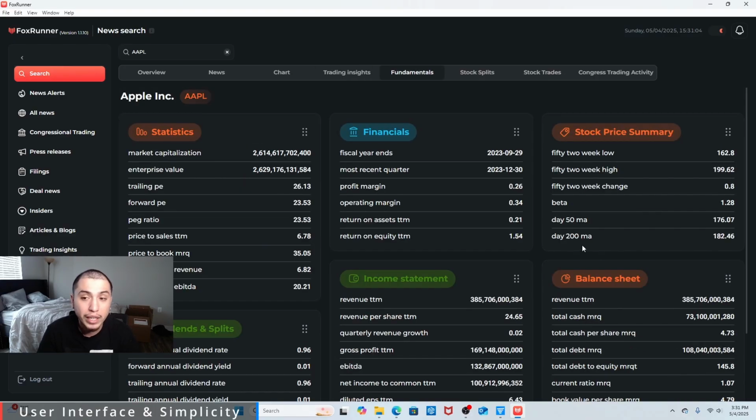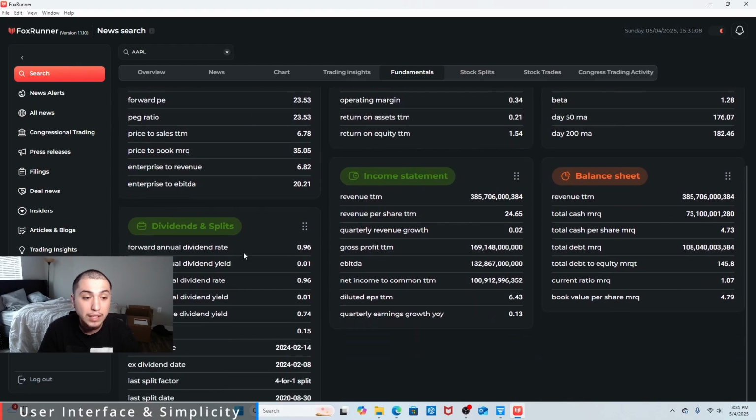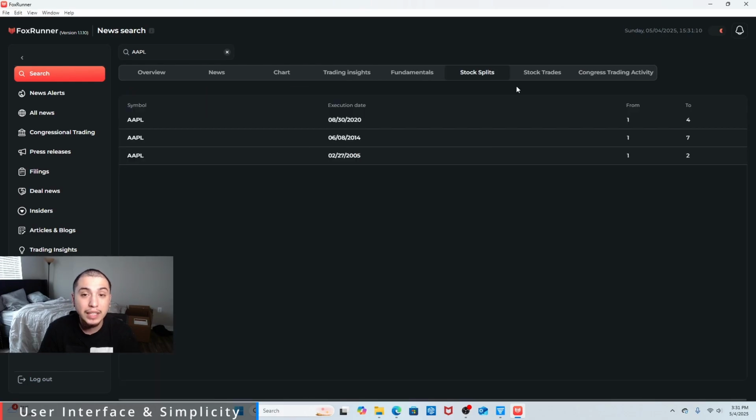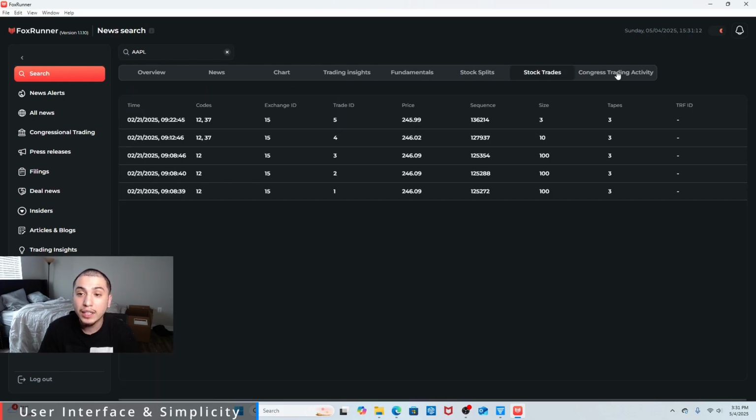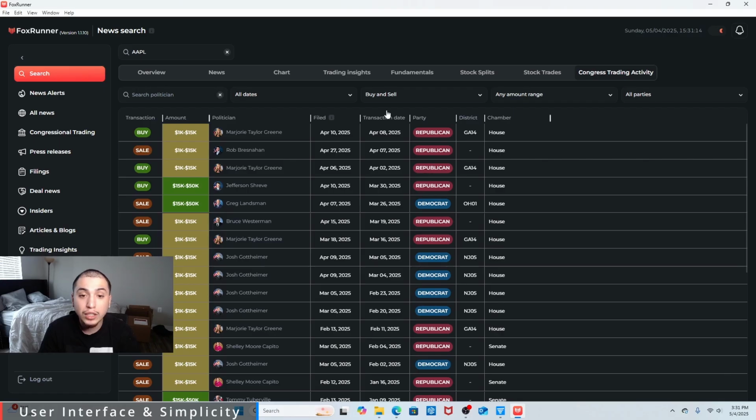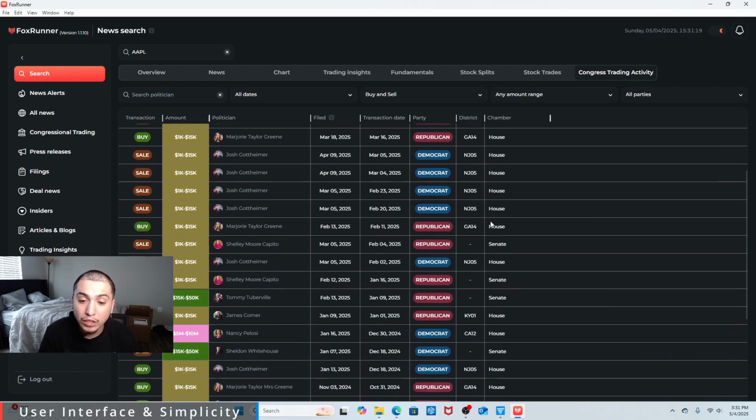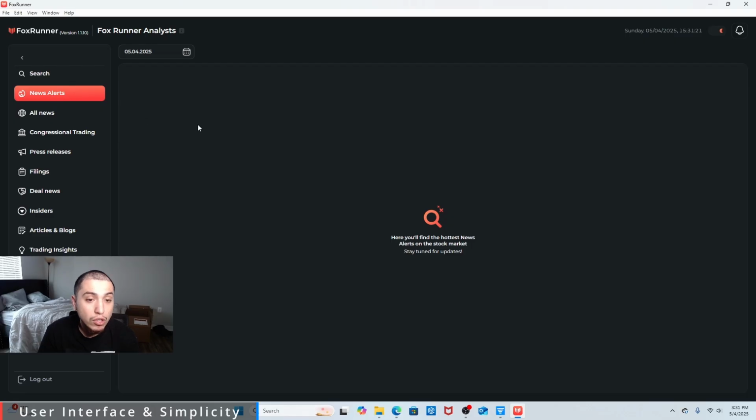We got fundamentals right here with statistics, financial, stock price, balance sheets, income sheets, dividends and splits, stock splits that they have had, stock trades, and Congress trading activity. Is Congress buying this stock? Is Congress selling this stock? The chamber, is it a house? Is it the Senate? And then we got news alerts over here, which pretty much right now there's no news alerts